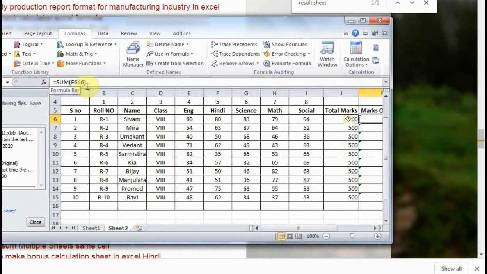Okay, got it? Clear? Generally students forget to use this equal sign, that's why I showed it. This is a common fault students make, so you have to be careful about that. So the first part is done: how to take the total marks obtained.